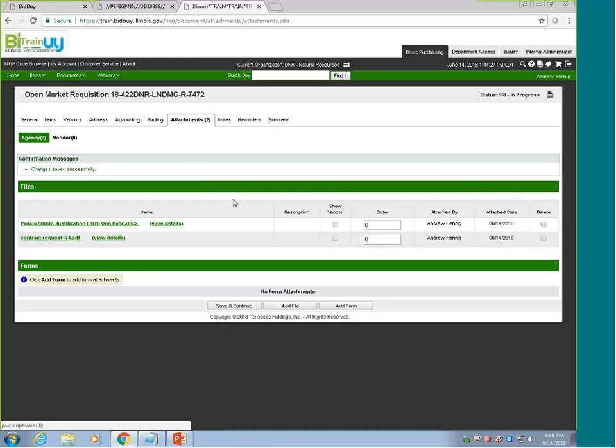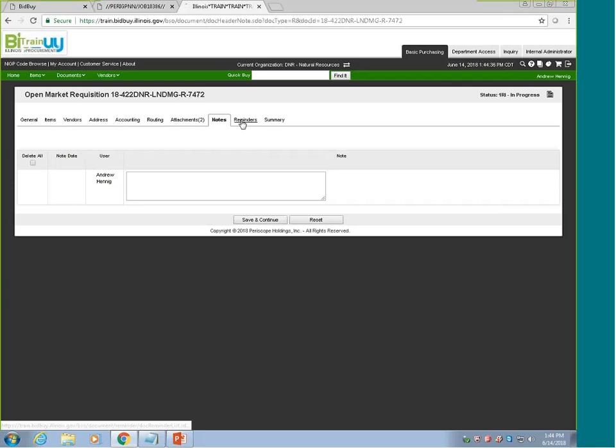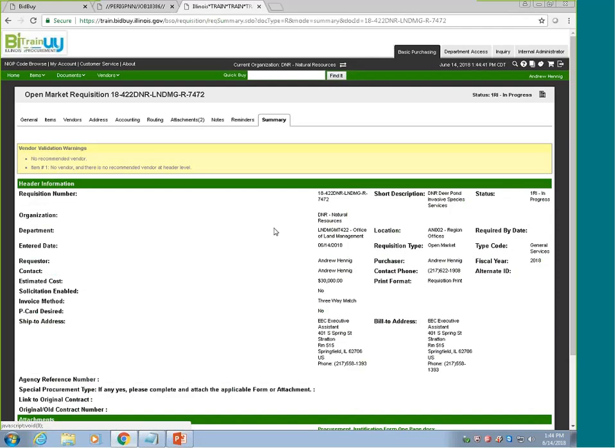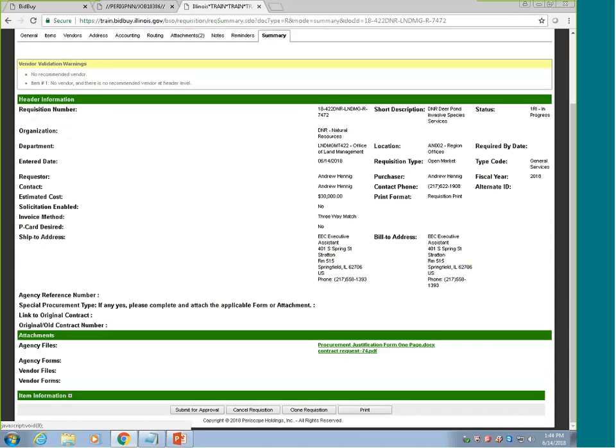So we've got our two attachments. We've hit save and continue after unchecking show vendor, and we are utilizing the notes here. We don't have any reminders at the moment, so we're going to go to the summary tab, review your information, make sure that you've got your short description, everything's spelled right, our attachments are showing up, and we will hit